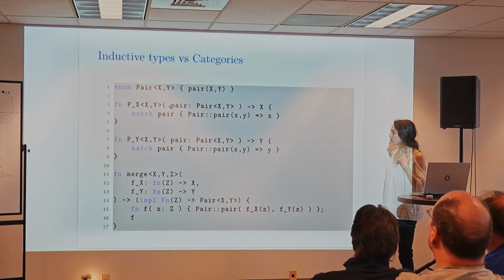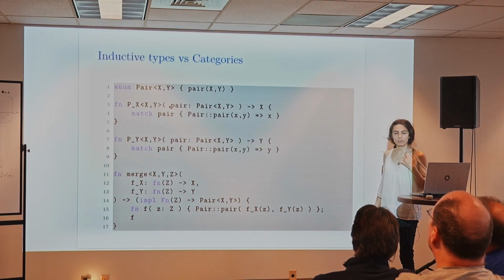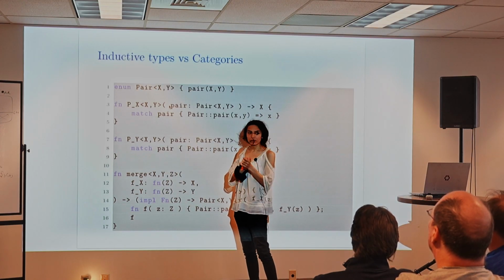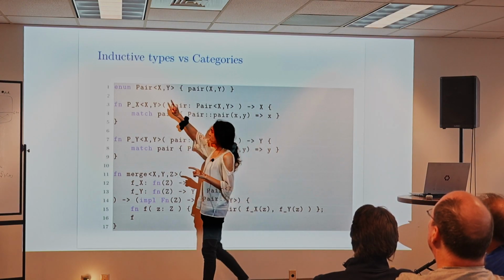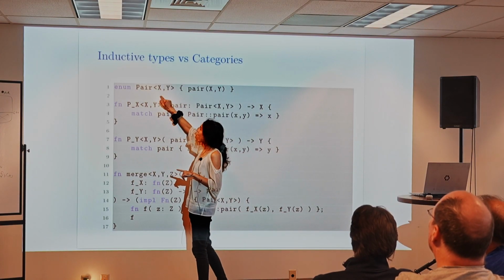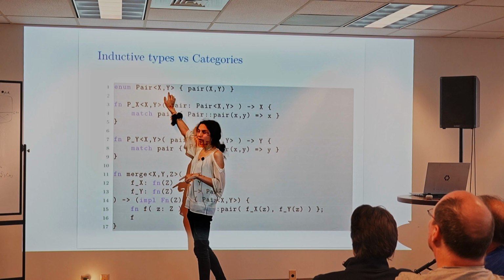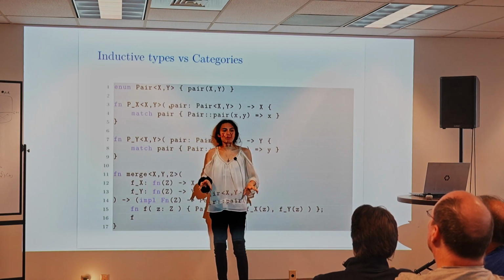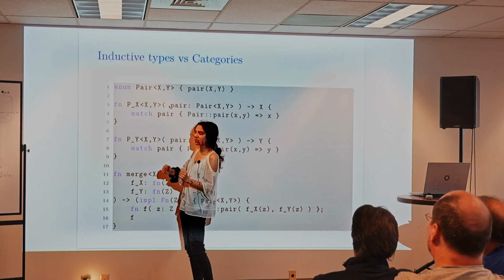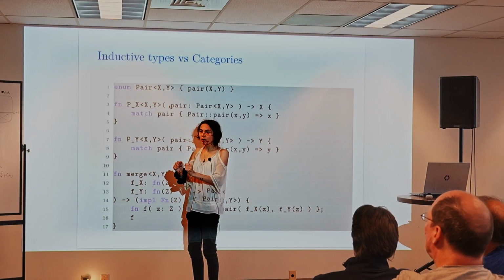No, you say pair big X comma big Y. Since I'm stuck in the set theory world, I think it's operating on the type X, as opposed to operating on something constructed from the type X. Sorry, this is Rust syntax for a generic type. What that means is that for any two types X and Y, I will construct a pair type between them. And so this pair, when I have a specific X and a specific Y, the pair of X